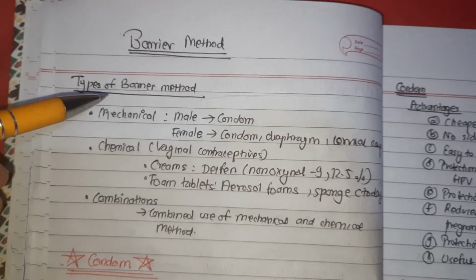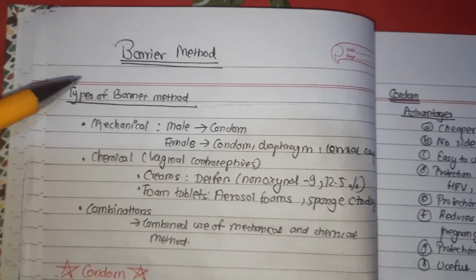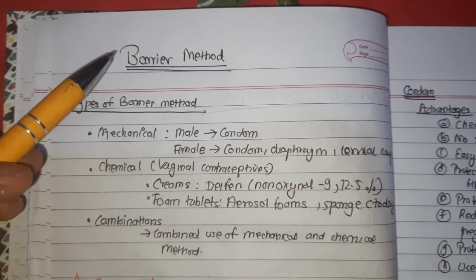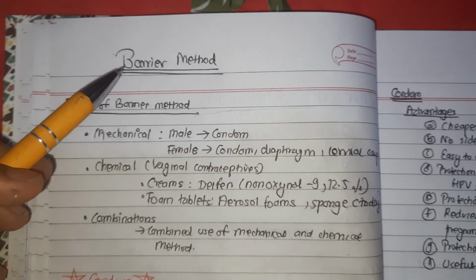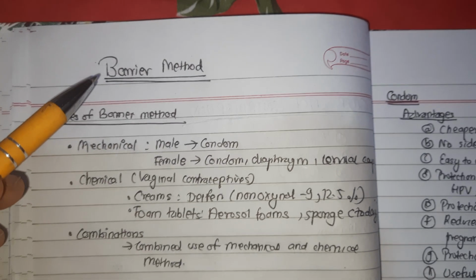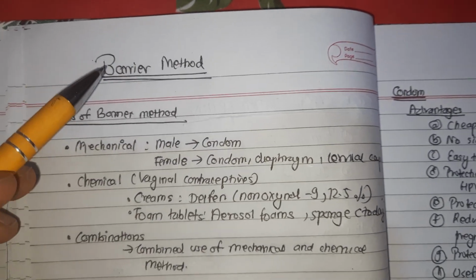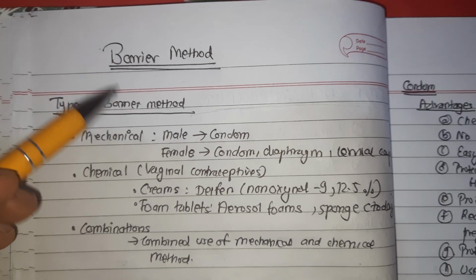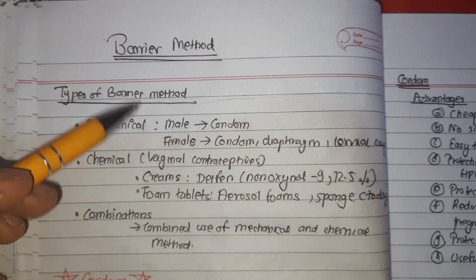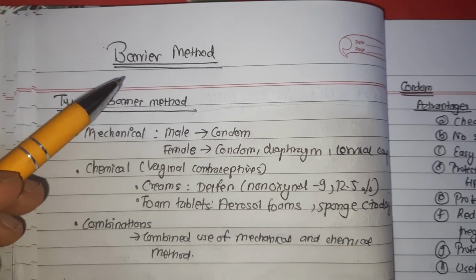Hello everyone. So today I am going to talk about barrier methods of contraceptive. These are the methods that prevent the sperm deposition in the vagina, or they prevent sperm penetration through the cervical canal. The objective is achieved by mechanical barrier and by the chemical means, which produce sperm immobilization, or by combined